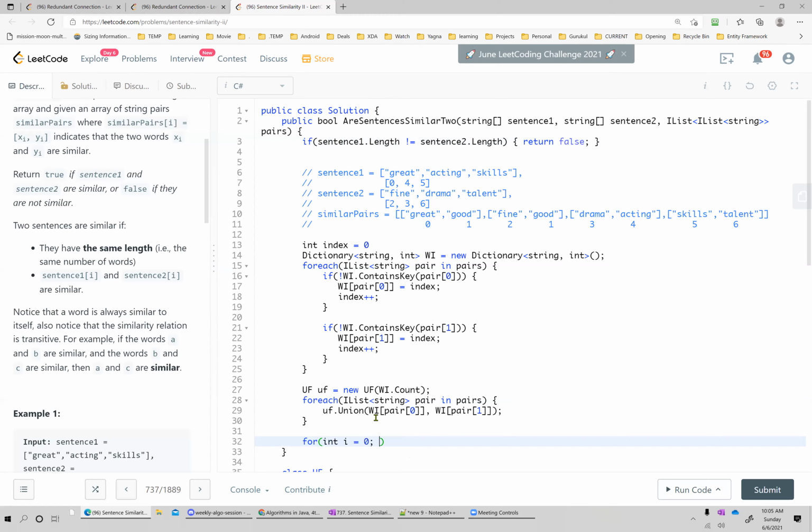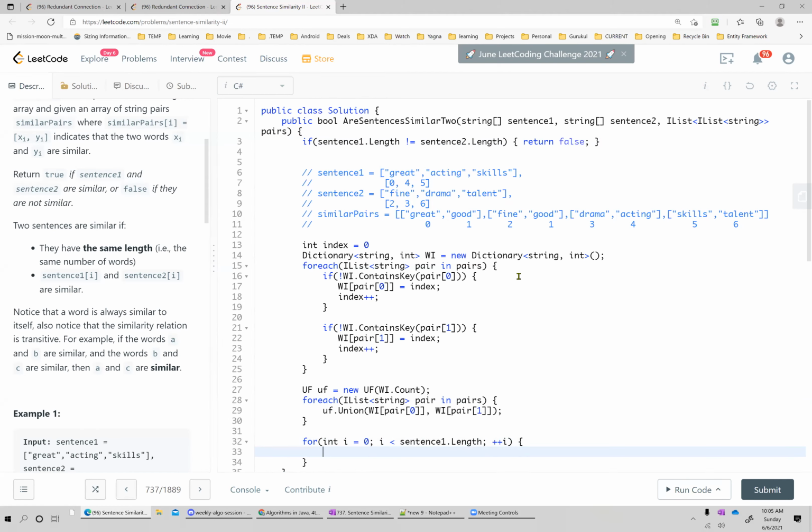So I have to go through each word. Now I can't use for-each here, because I need the index.